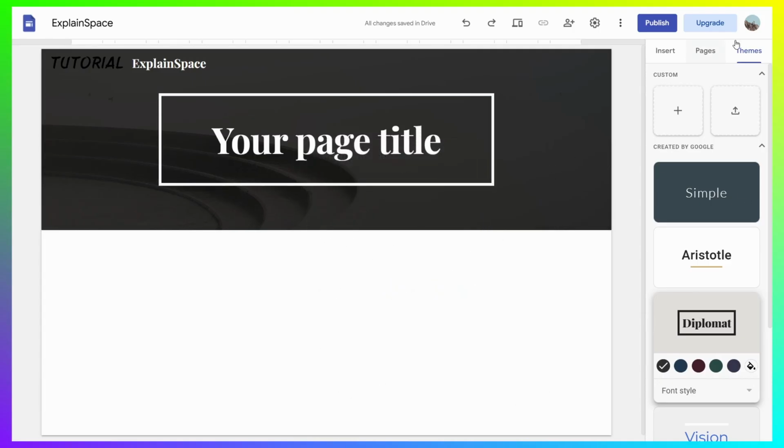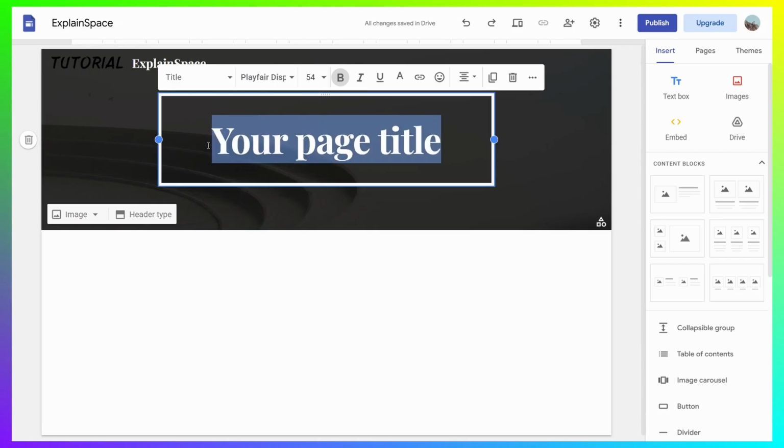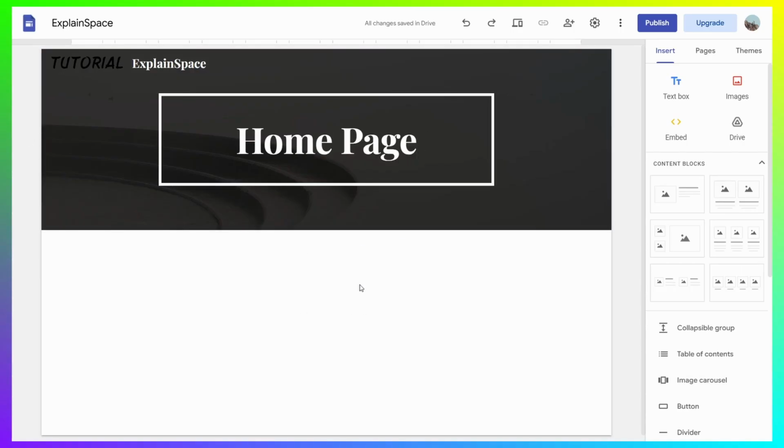For this tutorial, I'm not really going to go deep into designing the aspects of our site, but you can just feel free to really change a lot when it comes to design aspects. So here you can just feel free to create a home page if you want to. You can just really change the text here. I'm just going to do home page. And you can just feel free to add whatever you want in it. But because this is a more affiliate marketing focused website, I'm guessing you're just going to be using blog posts